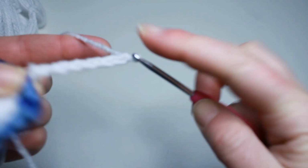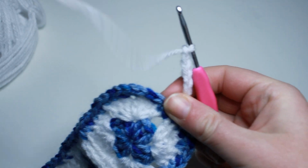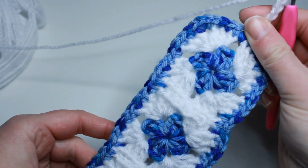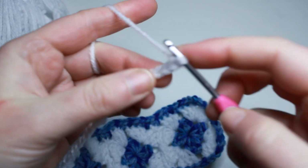You can chain as many chains as you like, however long you want your little tassel to be. Alright, so I have my chain done. I'm going to